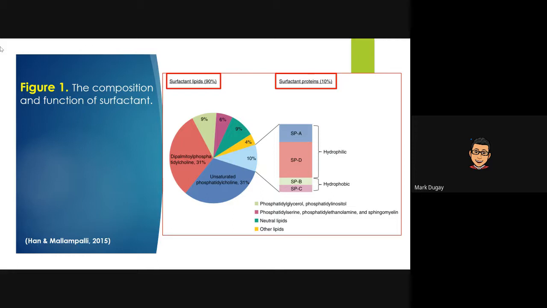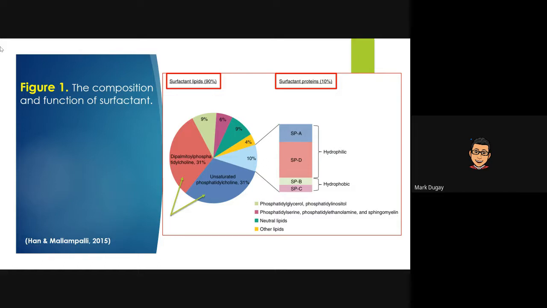Its components are synthesized primarily by the alveolar type II cell and the airway club cell, which produce surfactant lipids and surfactant proteins. The lipid content contains primarily phospholipid, of which the most abundant species are dipalmitoyl phosphatidylcholine, or DPPC, and unsaturated phosphatidylcholine, which is responsible for the biophysical function of surfactant, increases the surfactant's fluidity so it can